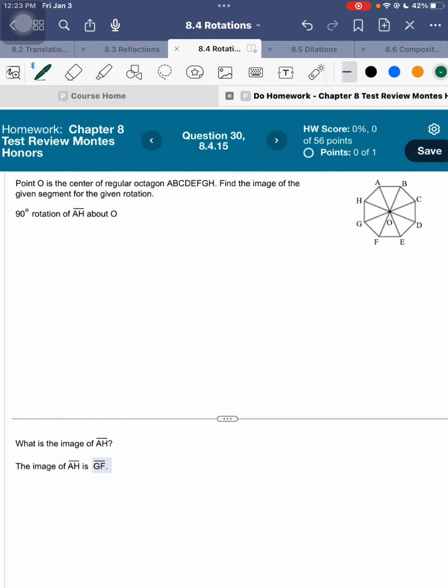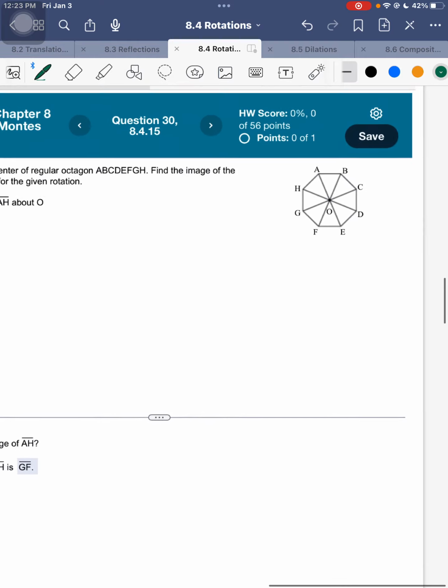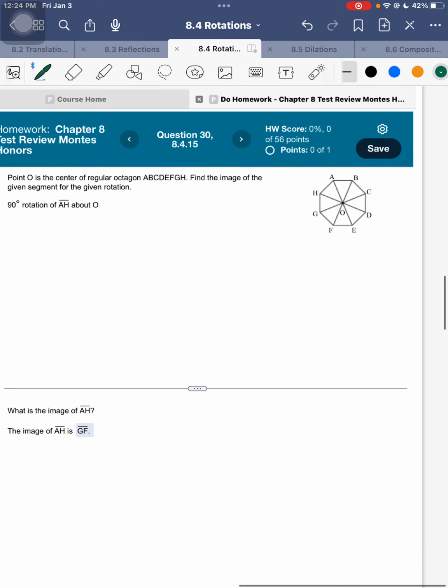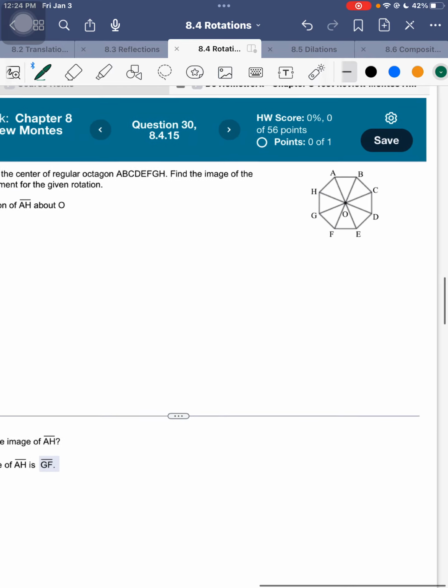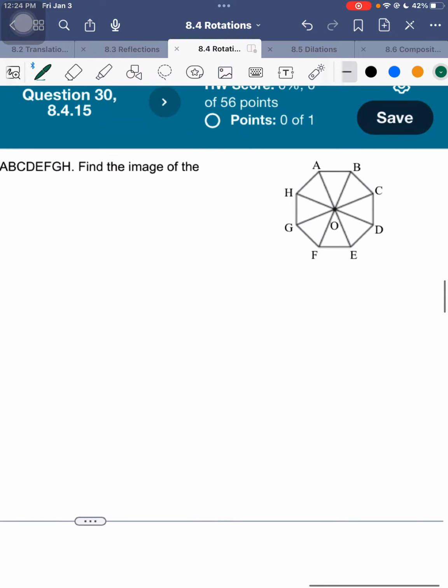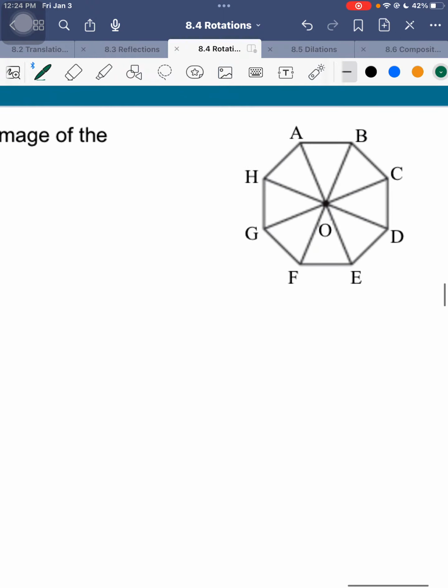So let's look at this. Point O is the center of the octagon. Okay? So find the image of the 90-degree rotation of line segment AH about O. Okay? So now my O is my center right here. How many pieces is this going to rotate into? 1, 2, 3, 4, 5, 6, 7, 8. So 360 divided by 8 equals